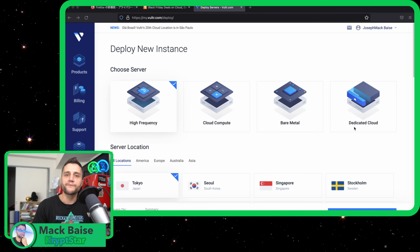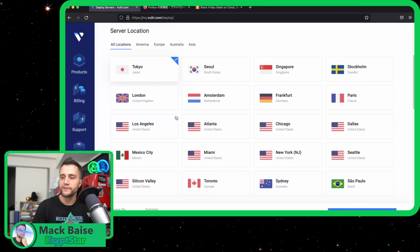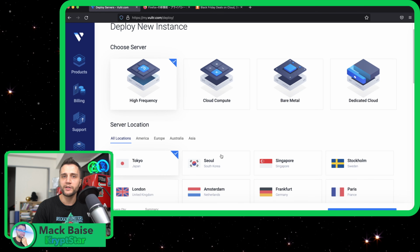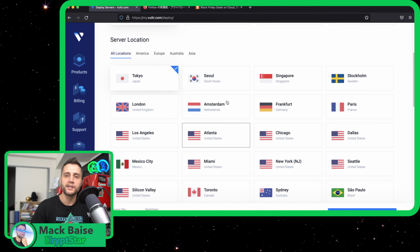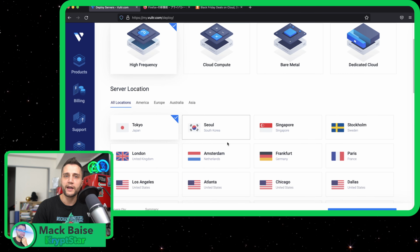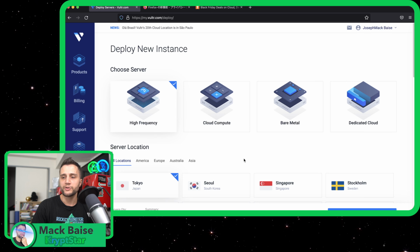Alright, so we're going to first head over to one of my favorite cloud service providers, Vultr. Vultr is a very simplified cloud service provider. It's not like Amazon Web Services, where it's a complicated GUI and you need to be a sort of infra dev or cloud engineer to use it. This is a very simple interface. You can choose your servers very easily. Everything's laid out and it has a nice flow to it. And recently they even added a firewall and things like that, so you can have even more customization to your